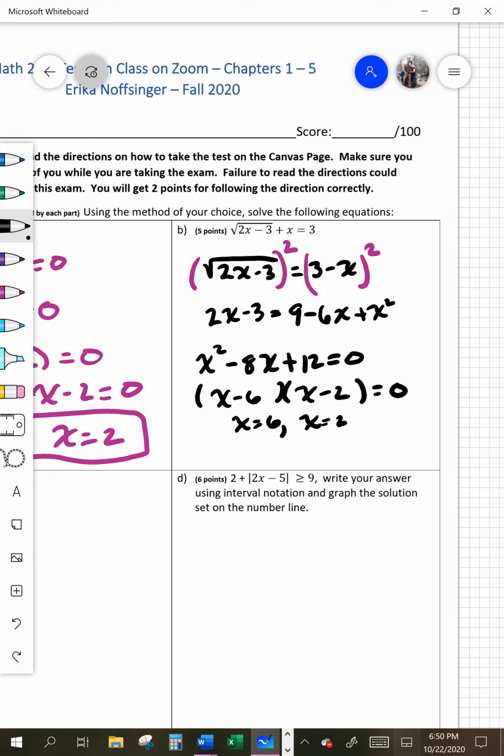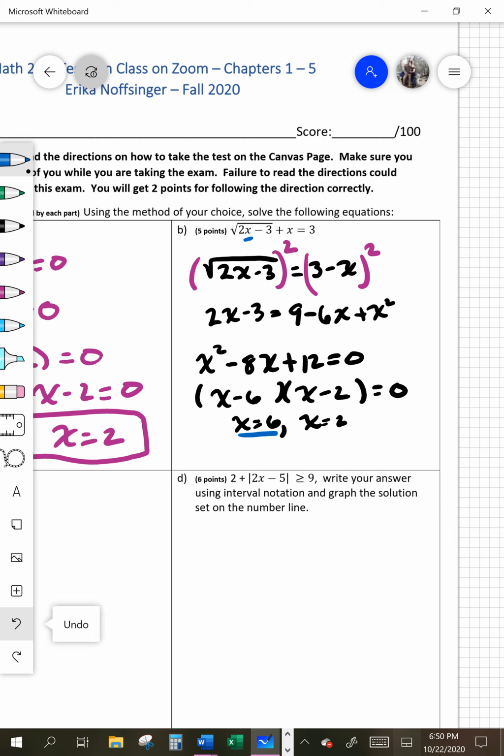And so if you go back in and you check for x equals 6, we get 2 times x, which is 6, is 12. 12 minus 3 is 9. The square root of 9 gives us 3, plus x. x is 6, which is 6. So 3 plus 6, is that equal to 3? And it's not. That's not a true statement, so x can't be 6. So now let's go in